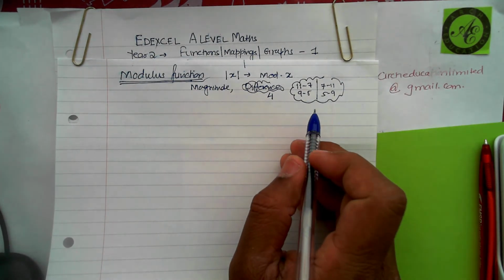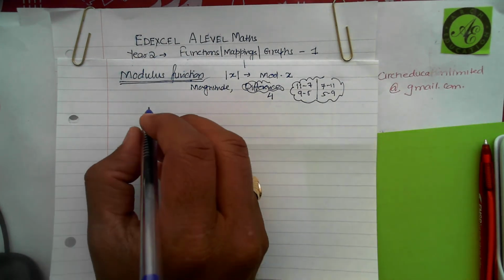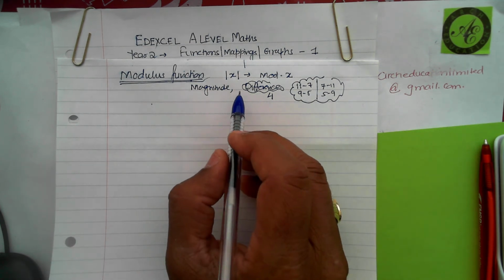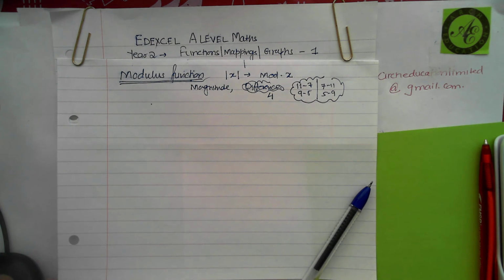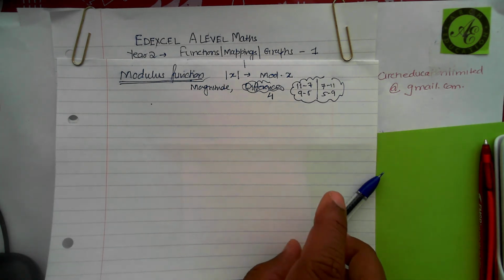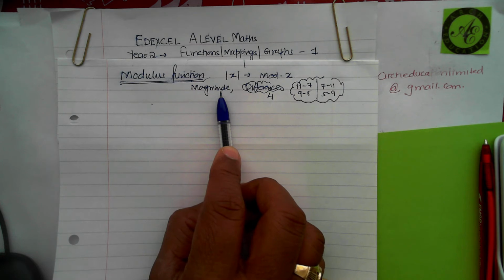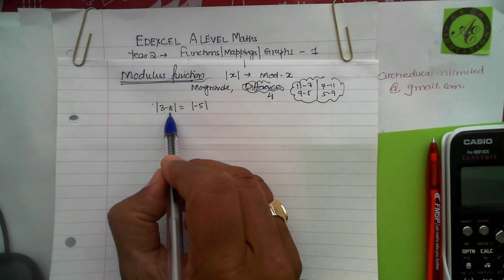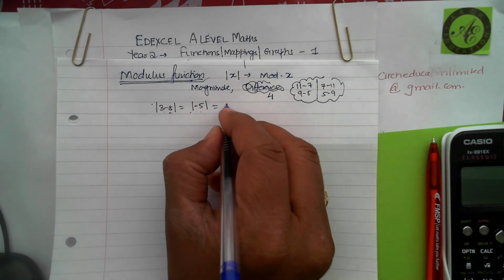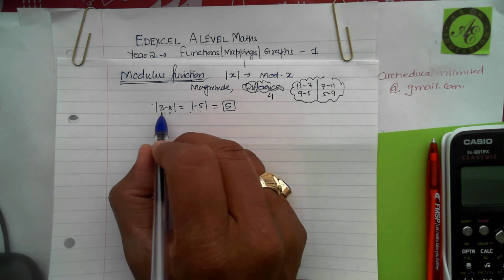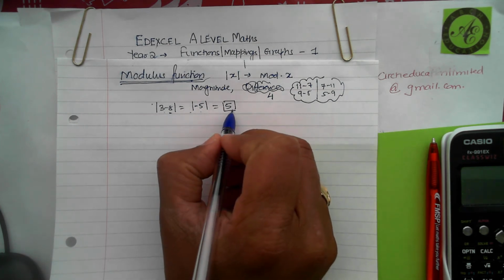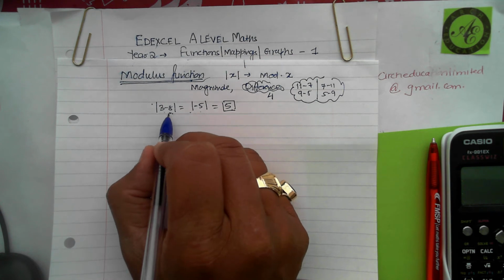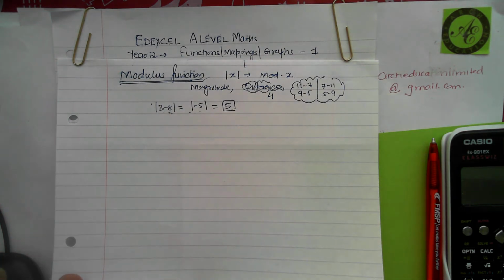I don't know if it's a very good example to explain, but what does modulus actually mean? The answer of the modulus cannot be negative. It is always positive. That's what you associate with the word magnitude. Magnitude is always a positive thing. So modulus of 3 take away 8, which is modulus of -5, will be 5, because the difference between 3 and 8 is 5. We're not saying 3 take away 8, here we say the difference of this. Now we're going to learn how to plot the graphs of modulus functions